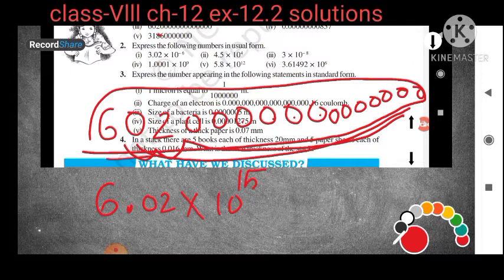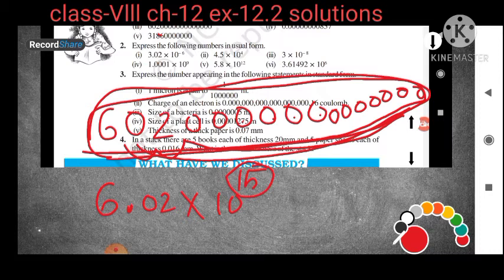15. Now in the given question there was no decimal, isn't it? So this will be positive. The point is not going to the right side and not going to the left side, isn't it? The point is not shifting to left and not shifting to right. That means what will be the power? The power will be positive.